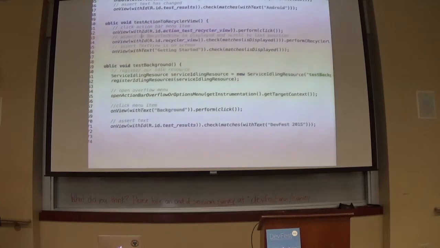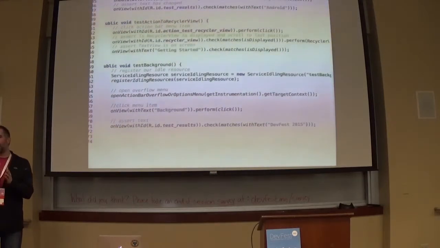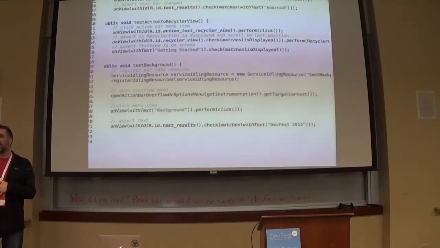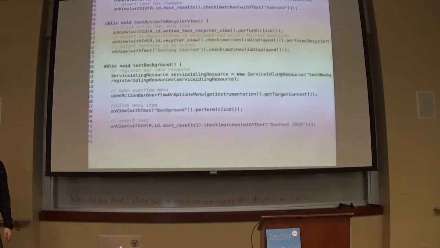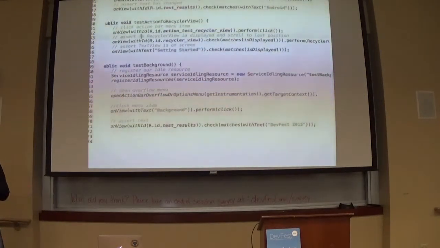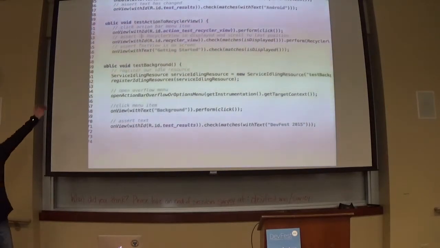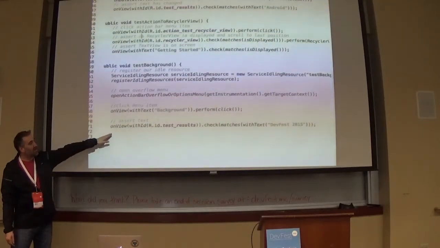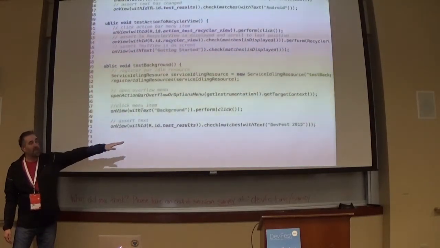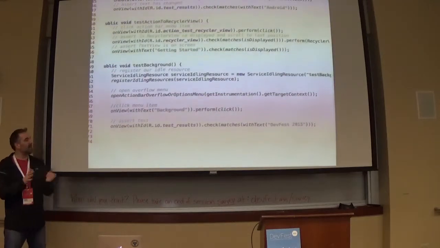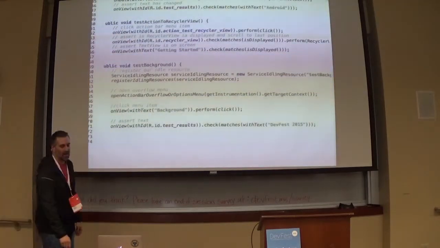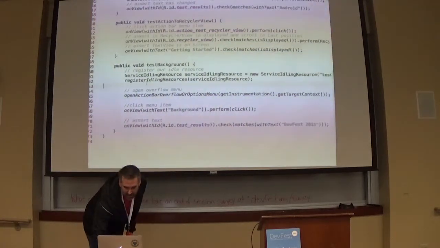My intent literally sleeps for I think 5 seconds. The whole service intent just sleeps, and then it saves a piece of data to shared preferences. And then I have a shared preference detector in the main part of the app that is detecting the change, and it's just throwing it up on the screen. So after the background is done, I'm asserting that DevFest 2015, which is what I wrote in the service intent, is on the screen at this point. So I will quickly show you, as my last thing,